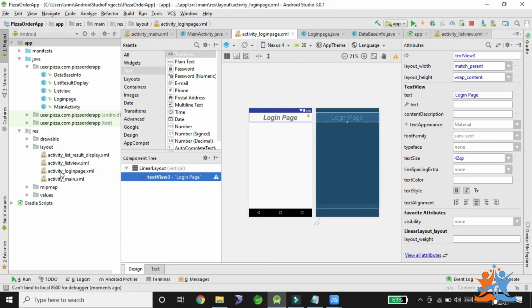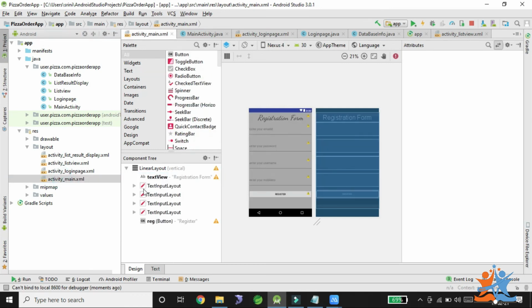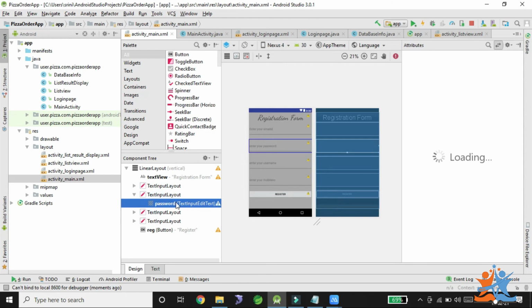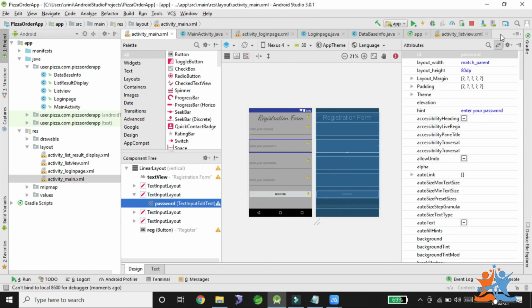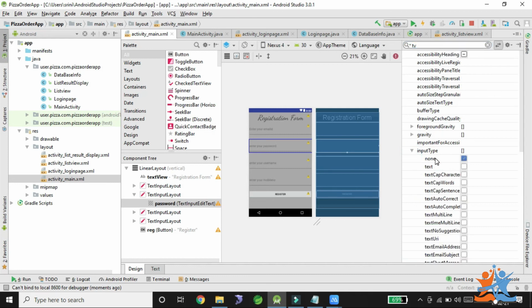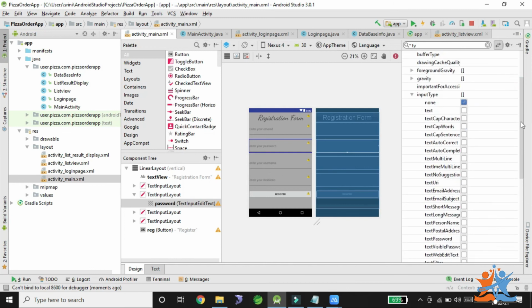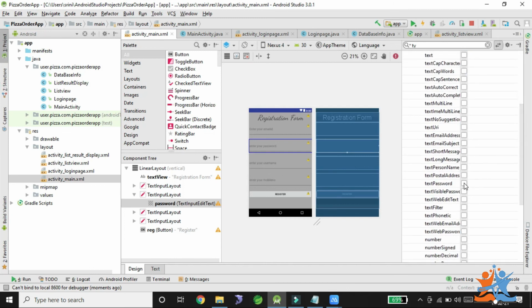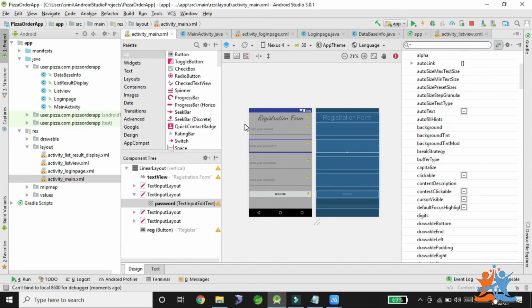Okay, you know that. Go to main activity. In this, we have the second text input, which is the password. Here we can go for the input type. So this is input type. We need to check it and set this as text password. Exactly. So then save. All these elements are automatically saved. Again, we need to rerun the application on my mobile.